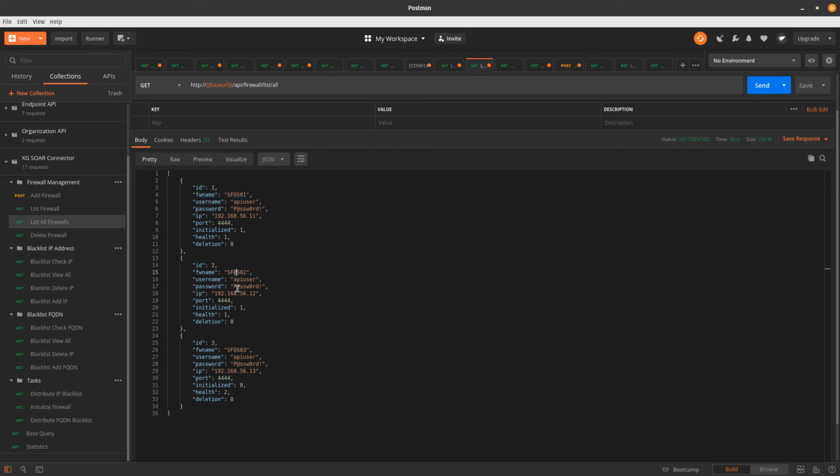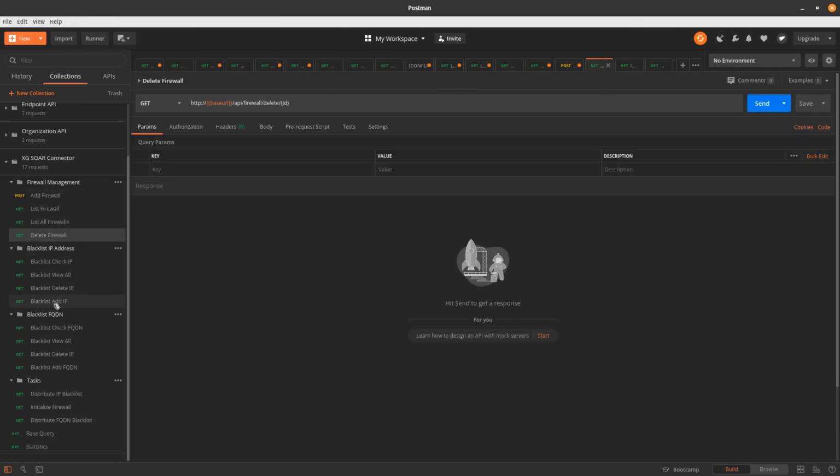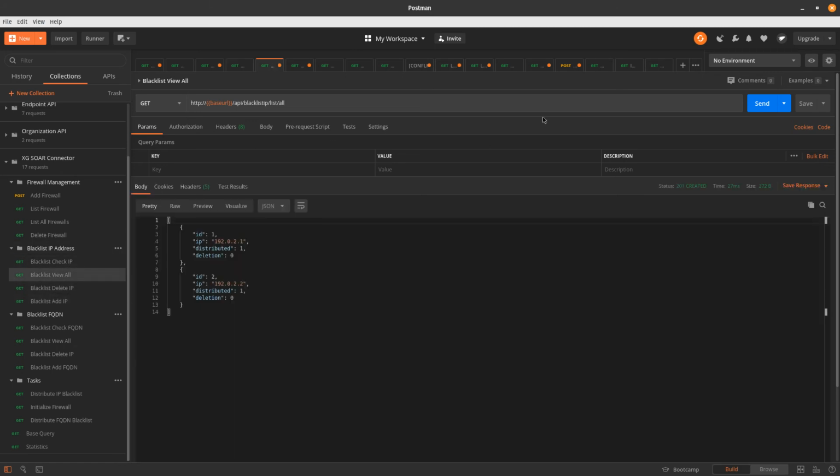You can see here that SOPHOS 1 and 2 are both healthy and initialized. Of course, SOPHOS 3 that we just added is uninitialized, and its health is set to 2, which means that it hasn't passed its health check, so it's deemed unhealthy. Of course, part of the initialization process is to verify the health, and that should get cleaned up shortly. You can also choose to delete firewalls from this interface if you want, but where the real power comes into it is being able to add